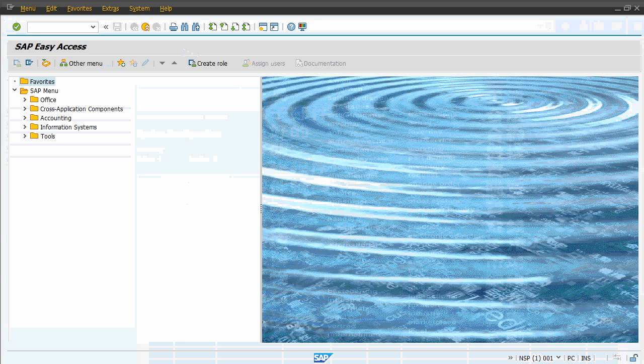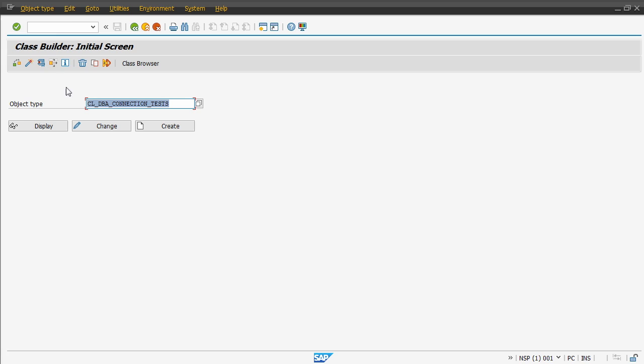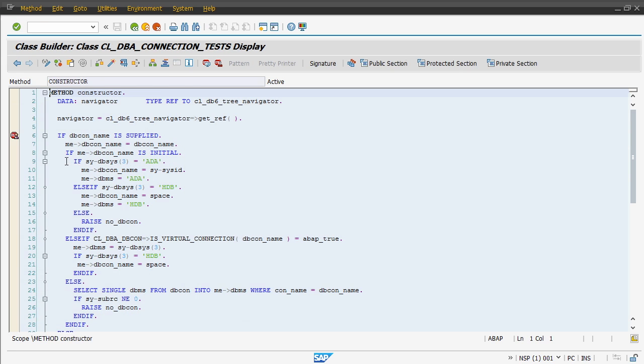So I can set a breakpoint. In this case, I know the program where I want to put the breakpoint. Later I will show how to set a breakpoint on the WebDynpro program if we don't know the program name. So knowing the program name, we can just go to the program. In this case, it's an object. I'm going to put a breakpoint in the constructor. The breakpoint was already there, so I just removed it, and I'm going to put it again. So this is the constructor,